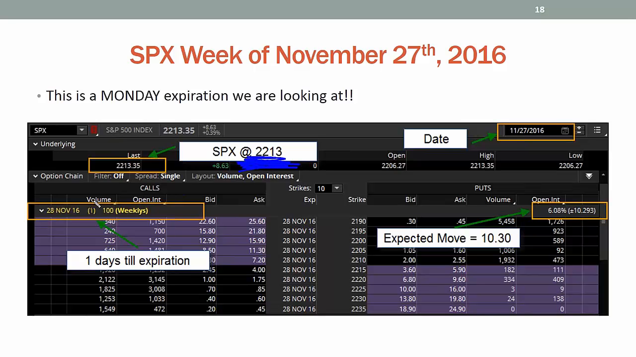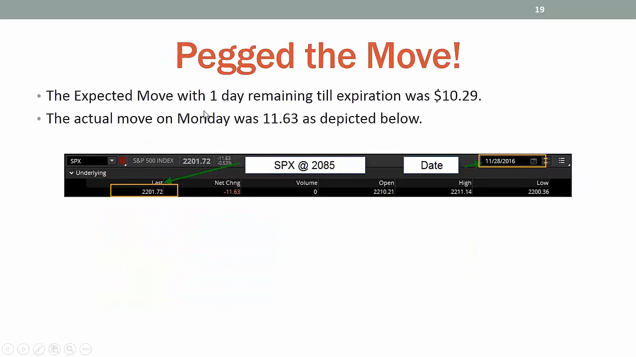2213. Now, this is a one-day option. November 28th expiration. See, it's kind of neat. Whether you know this or not, this is a Monday expiration we're looking at. On Sunday night, the market was projecting about a $10.30 expected move. Okay? What actually happened? That's this week. Expected move with 1 day remaining till expiration was $10.29. The actual move was